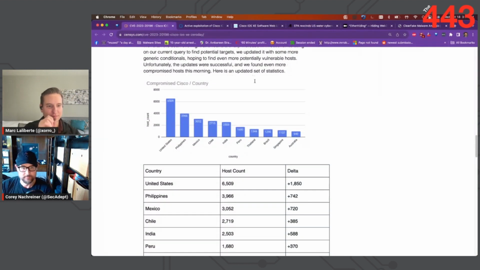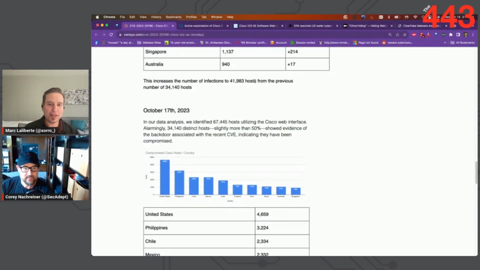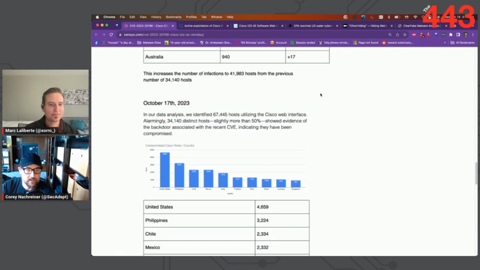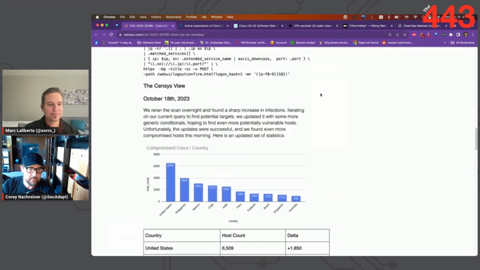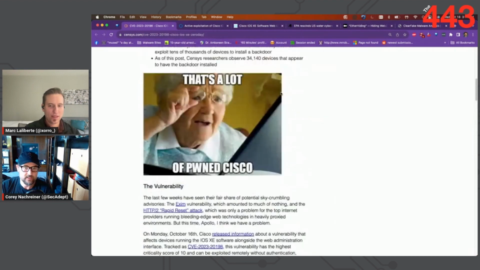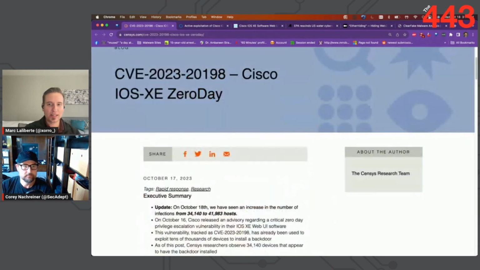Exactly. So Census has a lot of good numbers on compromised hosts per country. If you don't know Census, they're kind of like Shodan and the other folks that scan the internet, looking for header responses from servers to give you ideas of things, and sometimes looking beyond headers, certificates, and sometimes a little deeper to find indications of vulnerabilities, which is why they have all this data. They also have a good post, but they're significantly more expensive than my $1 lifetime premium license to Shodan that I got at Black Friday 7 years ago.